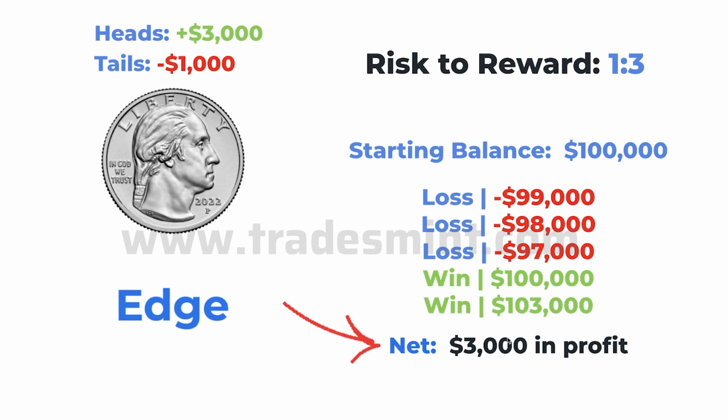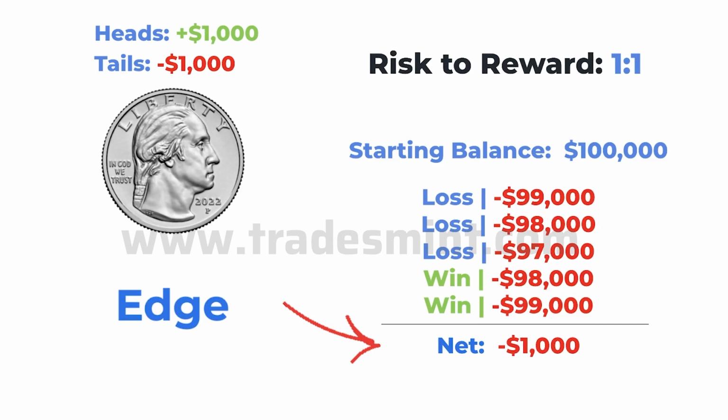So I'm challenging you to follow along and begin to adopt the idea that you want to have at least 1 to 3 R&R. Now let's look at it on the other side. What if we have 1 to 1 R&R with the same win rate, with the same amount of wins? We make $1,000 when it lands on heads. We lose $1,000 when it lands on tails. 3 losses, 2 wins, we end up net $1,000